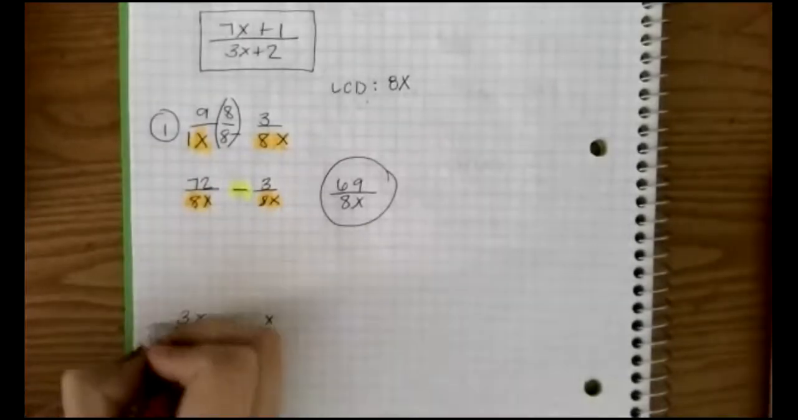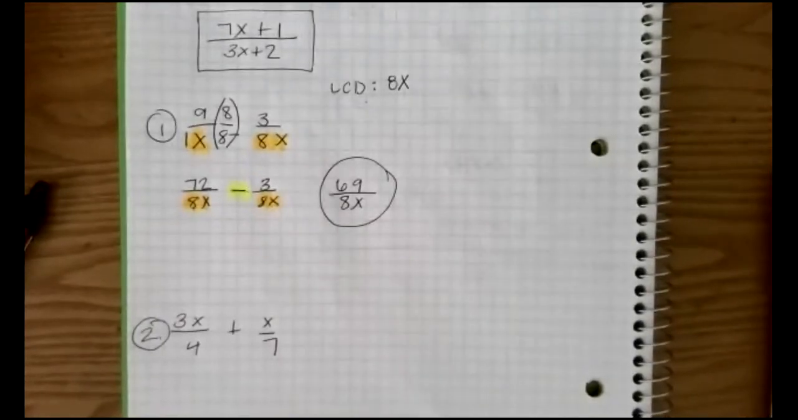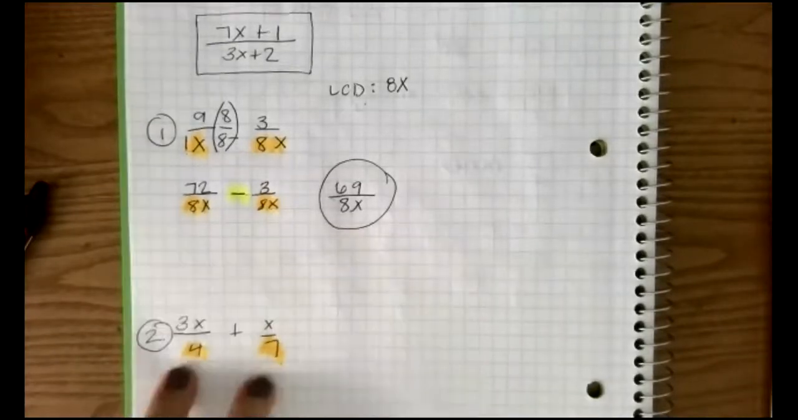Okay. Let's look at the one that was below that, which was 3x over 4 plus x over 7. So this is still on slide 16 on the left, but it's the one on the bottom. Okay. And after you write it down, you look at your denominators,